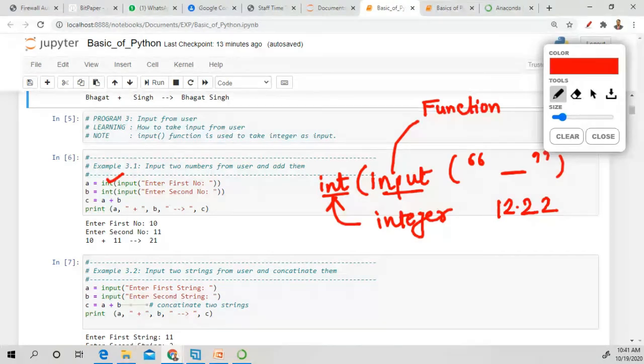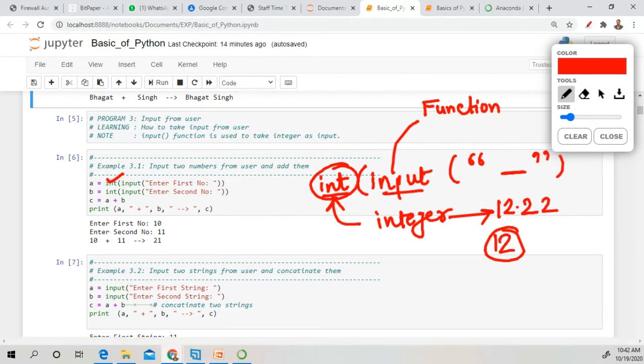Error? No, there will be no error. So what is the integer value for this? 12. Okay, only 12 it will take. It will not take 12.22. It will take only 12. So it will take the integer value.